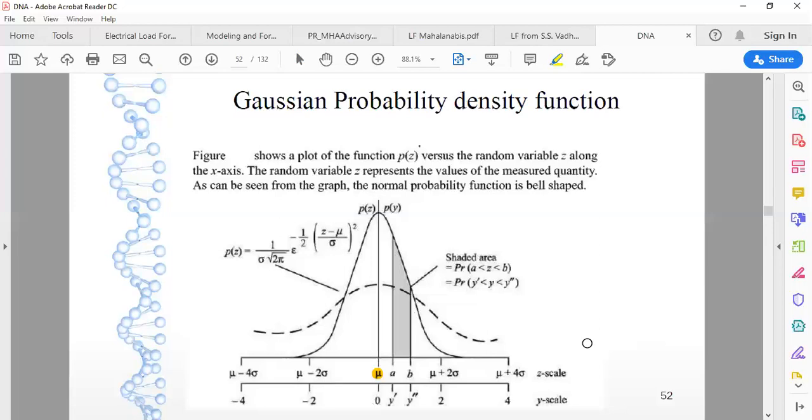Now, for example, consider the same thing: a 5-volt source connected with a 2 ohm resistance, with one ammeter connected in between, and we want to draw the probability curve for that ammeter. What exactly do we want to know? We want to identify the deviation as well as the mean value. The mean value is the actual value, but the standard deviation is judged based on its accuracy class.